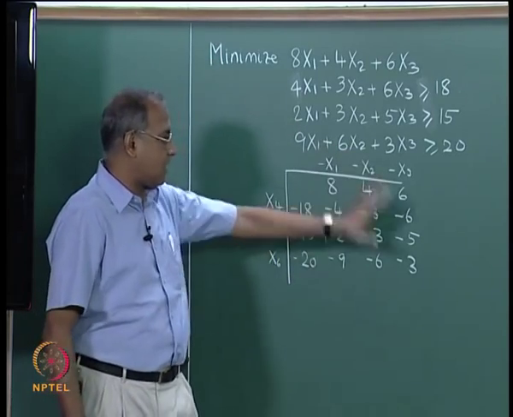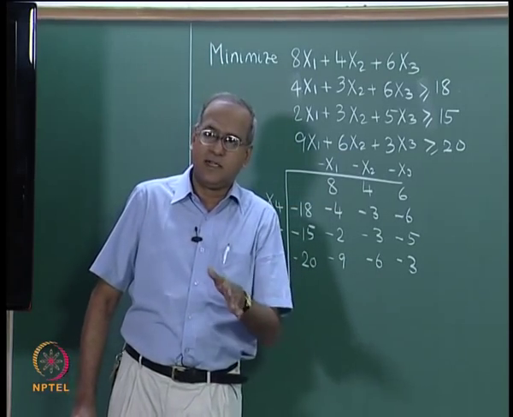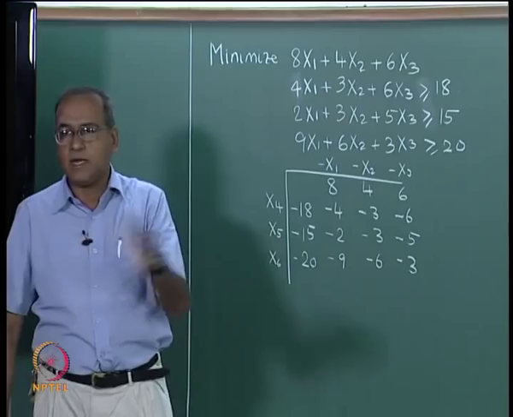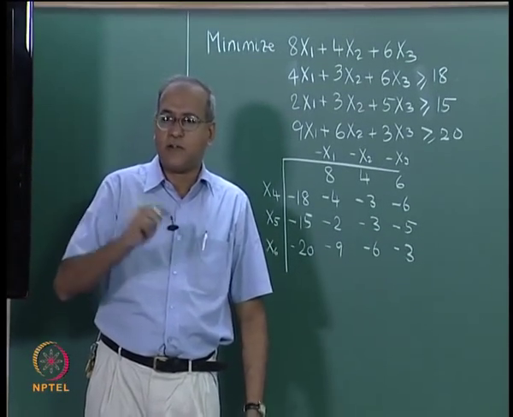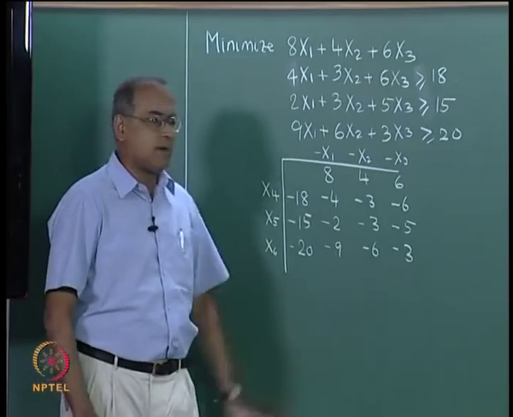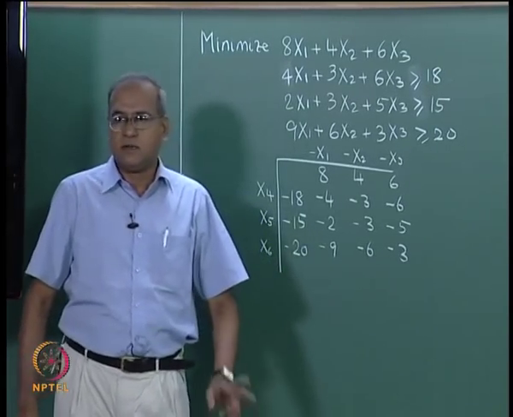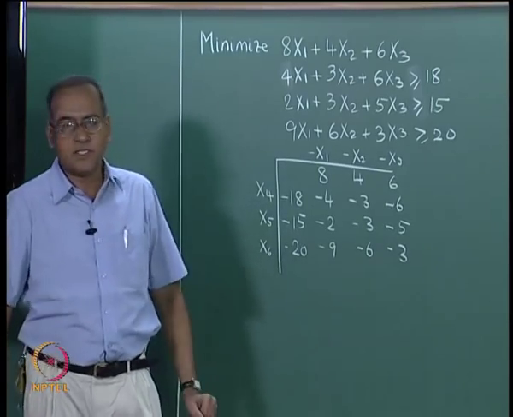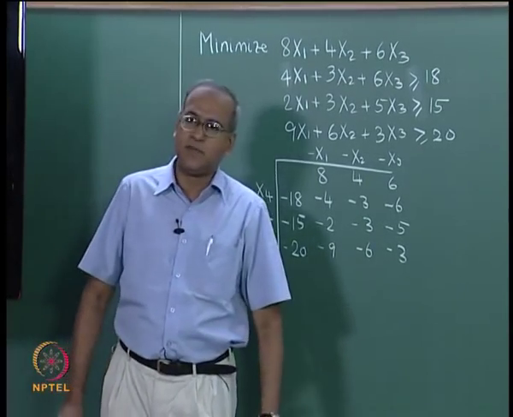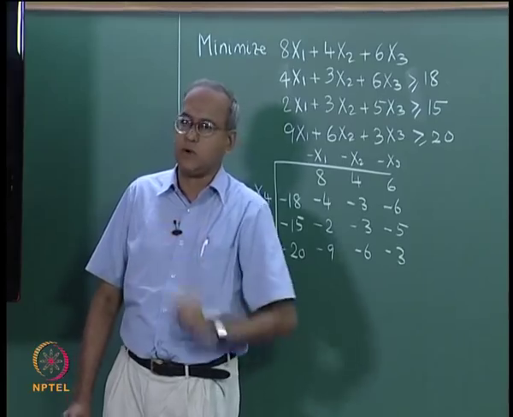In all other places it is multiplication, addition and subtraction. So, if the original table has integers, the integer property of the table will be maintained. Now, we have to ensure that the division does not create fractions, and if the pivot is a plus 1 or a minus 1, then the all integer nature of this table will be retained. So, we wish to have a cut such that the pivot element is plus 1 or minus 1.